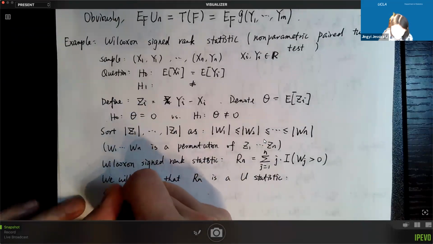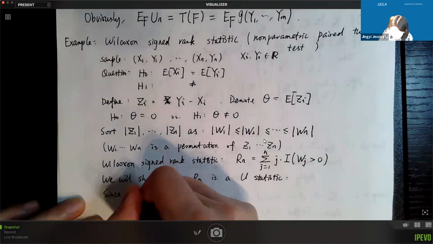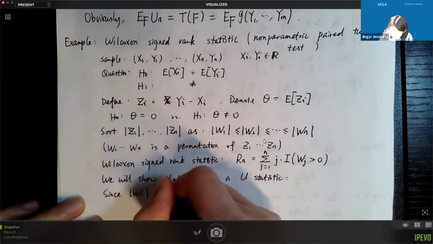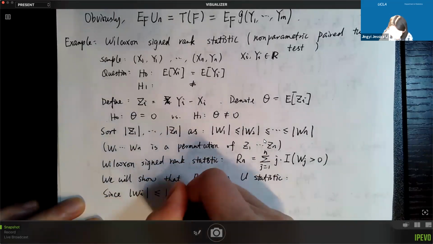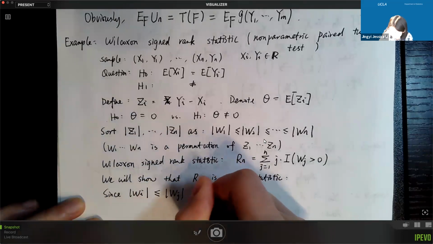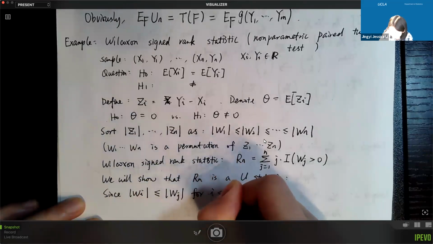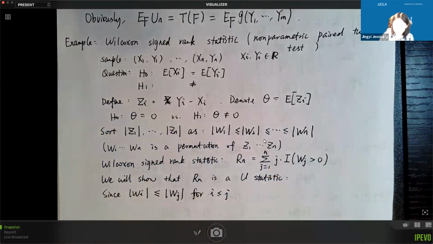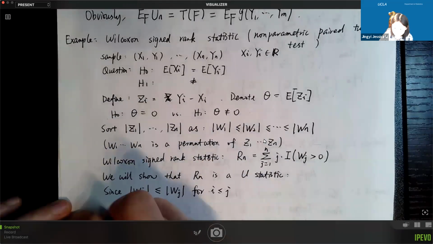Since we have absolute value Wi less or equal than absolute value Wj for i less or equal than j, this is how we sort. Then what we can say is that